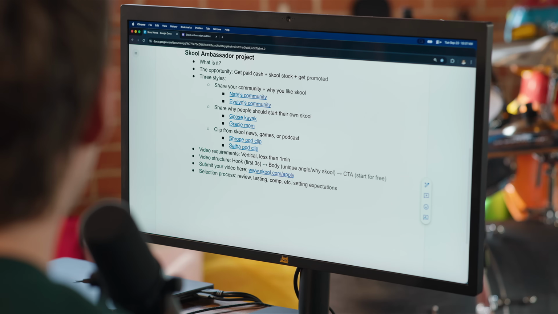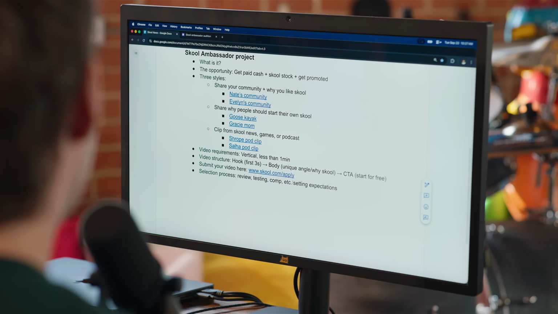And just setting some accurate expectations. We're probably going to get so many people submitting stuff that it might take us a while to review yours. You may never get a message from us, and that's okay. Sometimes, even if you're great, the ads just won't perform well, and that's nothing to do with you or your skill. It's just the way that ads work. So don't be sad if we don't reach out to you. But if we like your style and what you've submitted, we'll reach out to you and bring you into the ambassadors program.